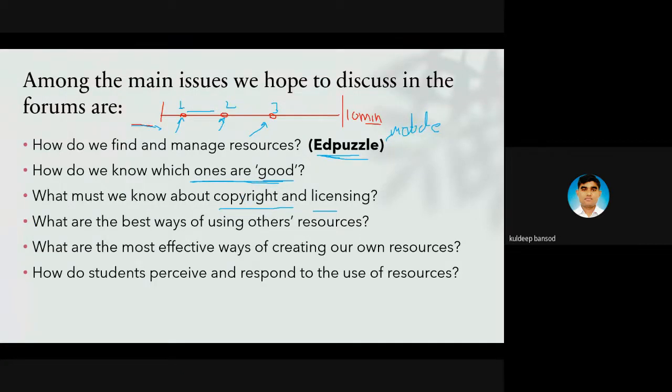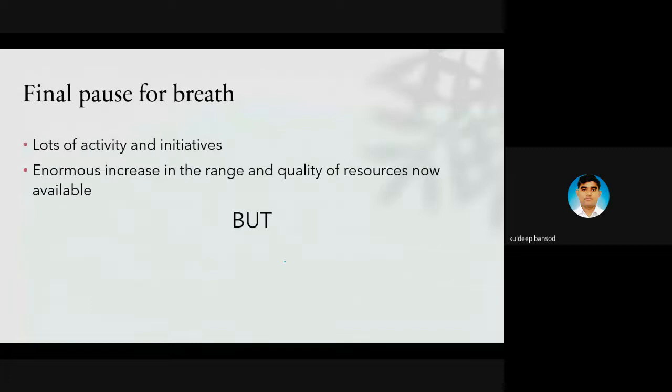What are the best ways of using others' resources? How do we use others' resources? Whether they are taken as such or whether we have to modify them before giving them to the students. How do students pursue and respond to the resources? These are some questions which we have to discuss on the WhatsApp.